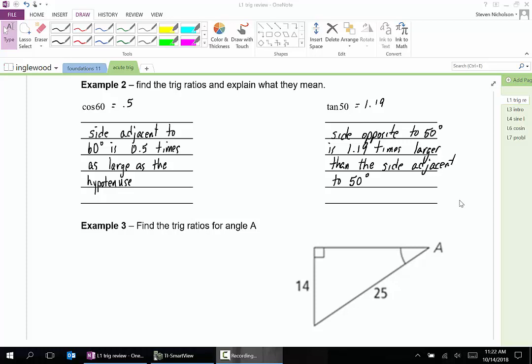So this is the second part of the review, and this is where we'll do what you mostly did in grade 10, and that's using trigonometry to find angles and sides. But I quickly want to go back to what we just finished on with the cosine of 60 is 0.5 and the tan of 50 is 1.19, and